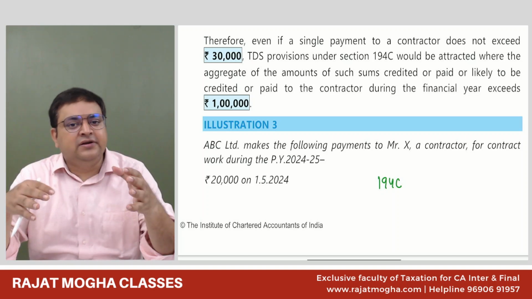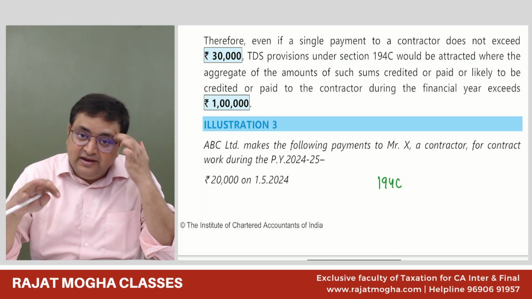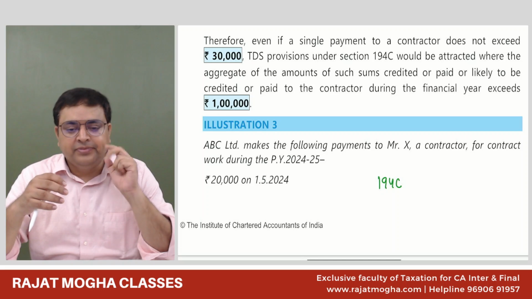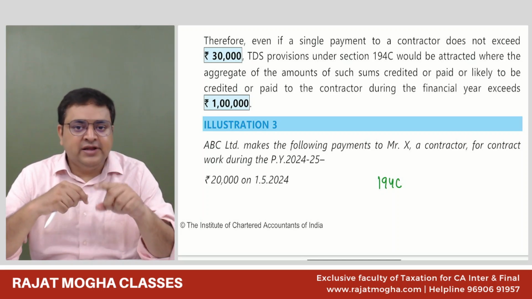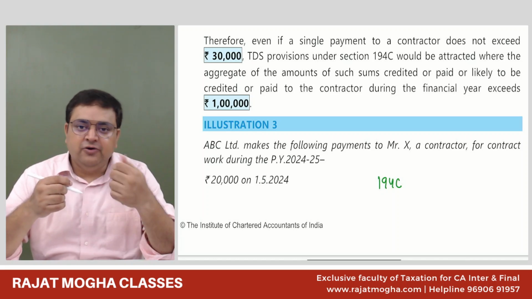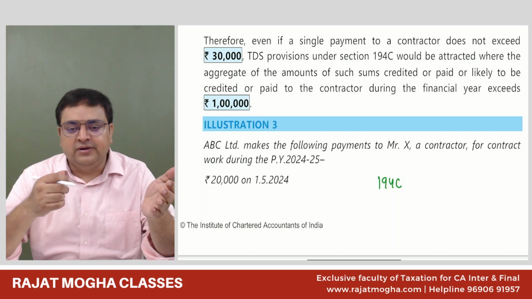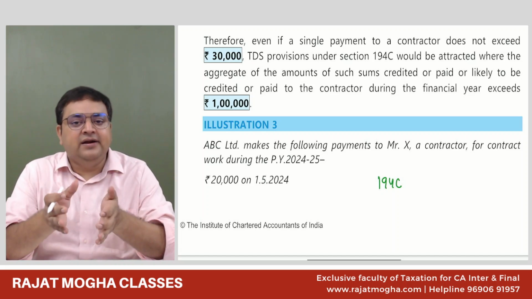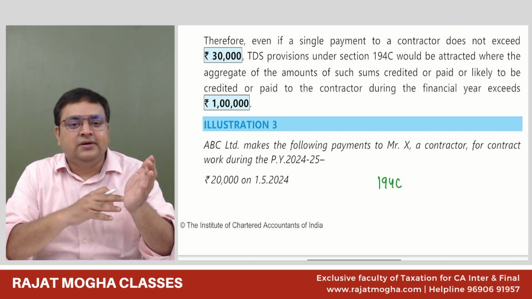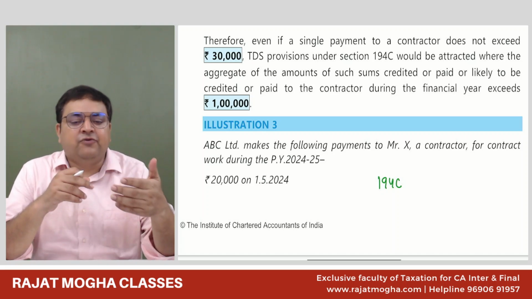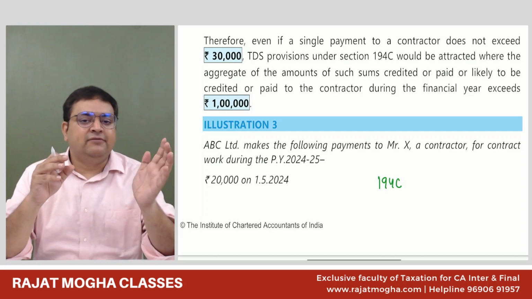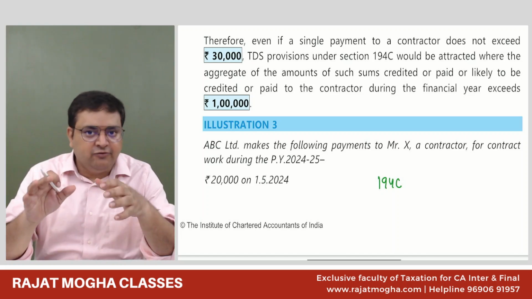Partnership firm has to deduct the TDS. AOP, BOI has to deduct the TDS. Anyone other than individual or HUF has to deduct the TDS irrespective of their turnover. Second thing, if it is an individual or HUF giving a contract related to the business, it depends on the parameter of their last year turnover. Even if the current year turnover is more than 1 crore, it does not matter. We will see the last year turnover. Sometimes the examiner will give you information that the current year turnover of the individual is more than 1 crore, but the last year turnover is not more than 1 crore. So no TDS, guys. You don't have to deduct the TDS.